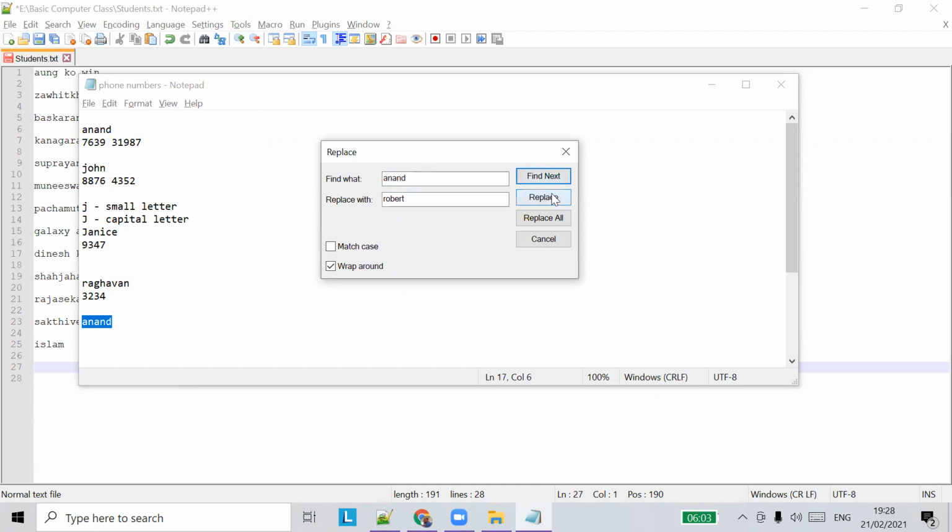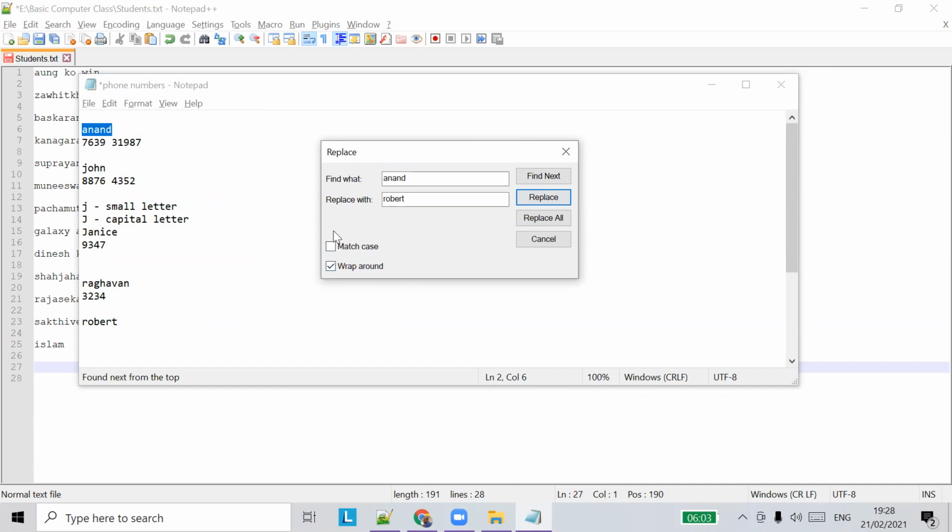I can find it. Let's say I want to replace the second Anand with Robert. I can say replace. So replacing will change Anand to Robert. See here, it's Anand. When I say replace, it will change to Robert.